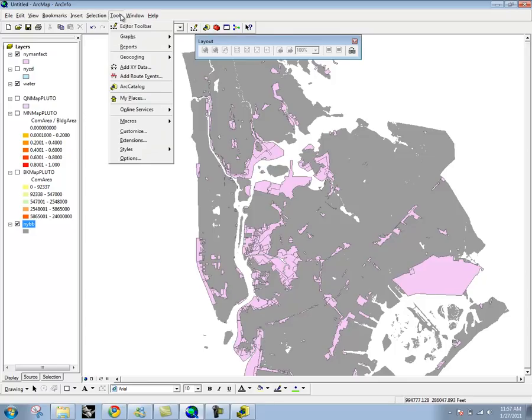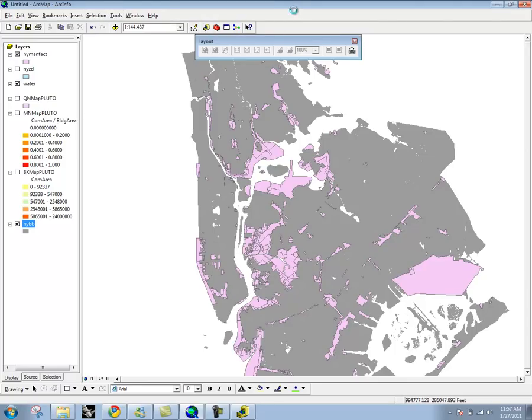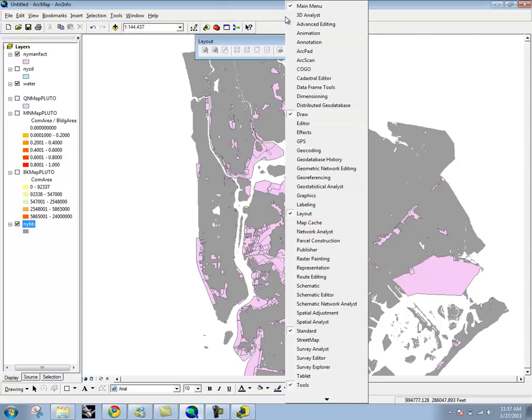Let's see. If you just right-click on the toolbar, then you can open up a variety of different toolboxes, and the one